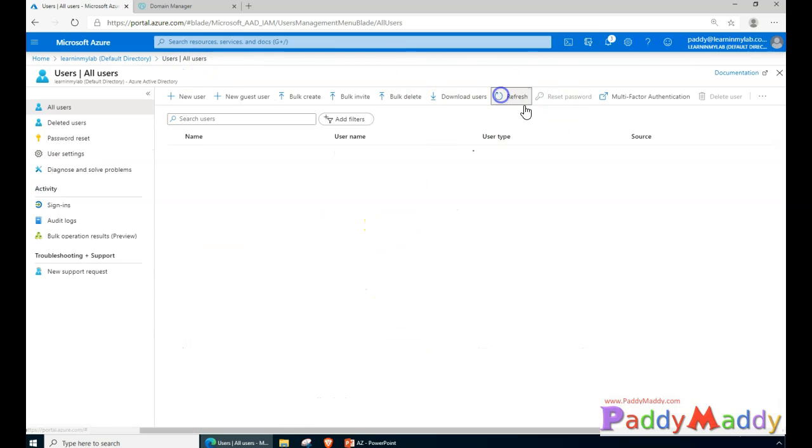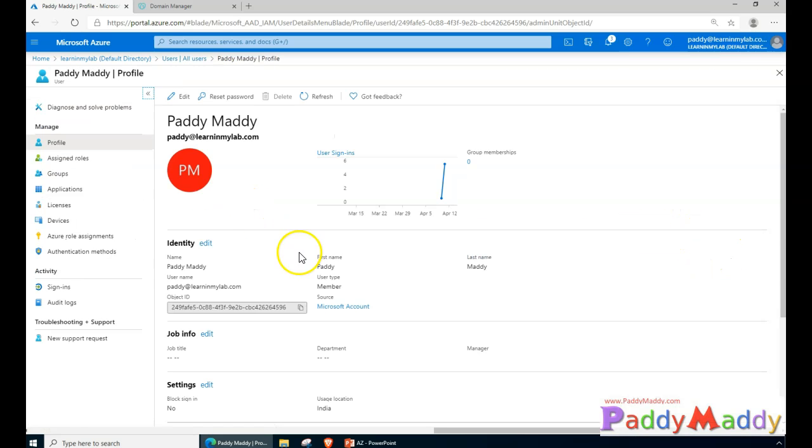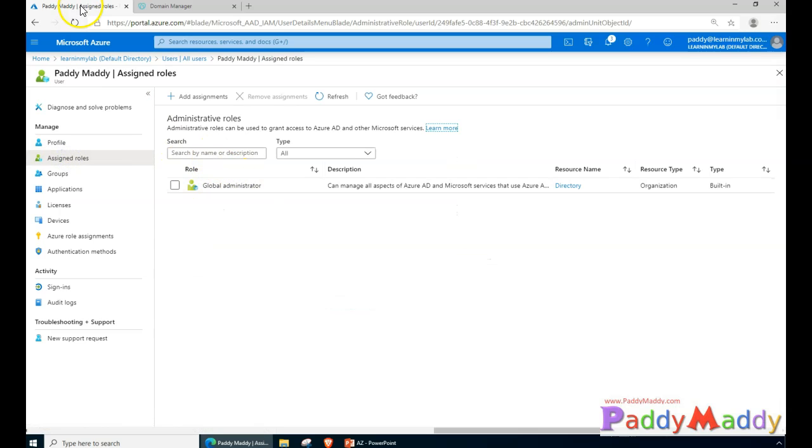So in my case it looks good, and if you see here learninmylab.com, this was created, the source is Microsoft account. That means I signed up with this account. This account is coming from my Microsoft account, so I created a Microsoft account with this username, and this is the global admin. If you see here the roles,